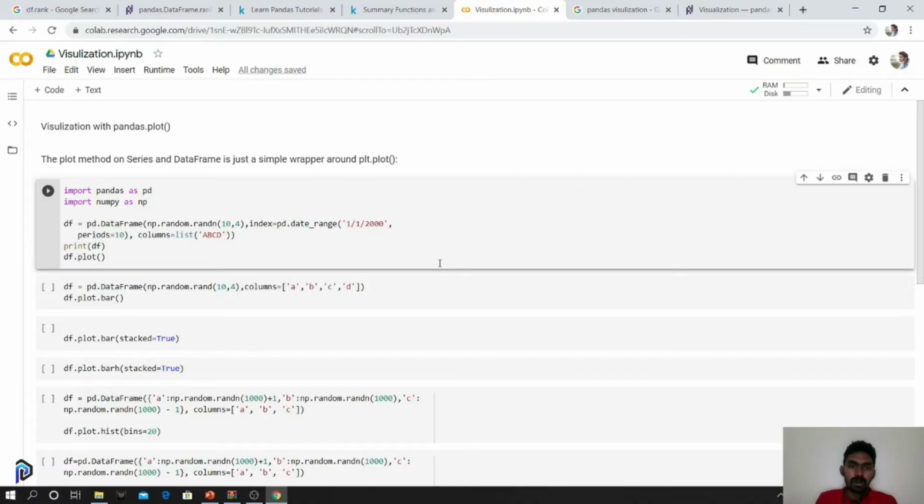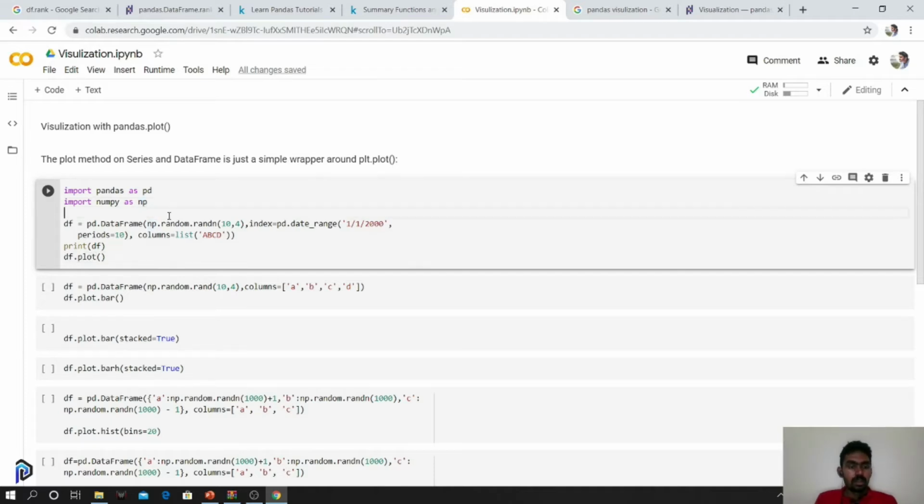Databases with various visualizations. These visualizations can be used at a basic level. To have even more advanced visualizations, we can use libraries like Matplotlib and Seaborn, and there are many other libraries also. Actually, the pandas plot function is just a wrapper over plt.plot, so it's Matplotlib which works underneath. But let's look at what various visualizations we can do with just a single line of command.